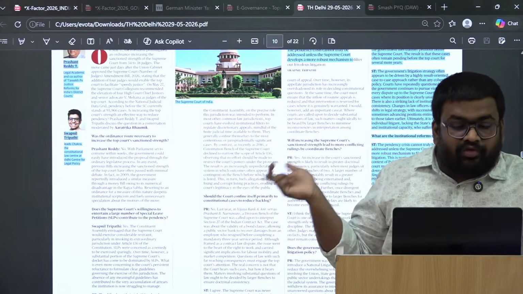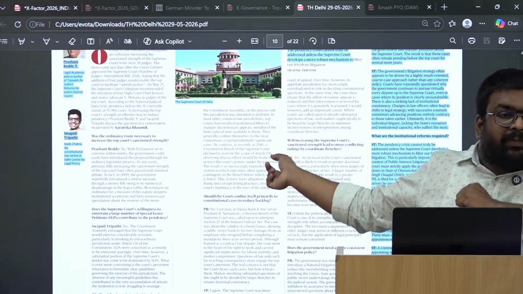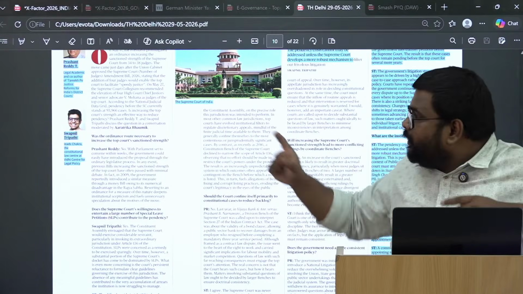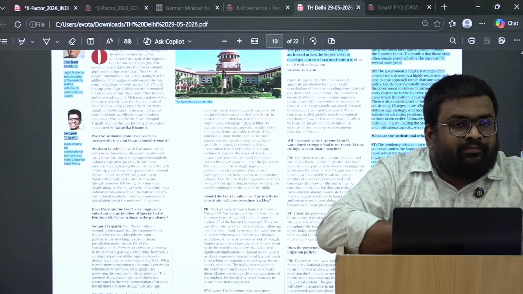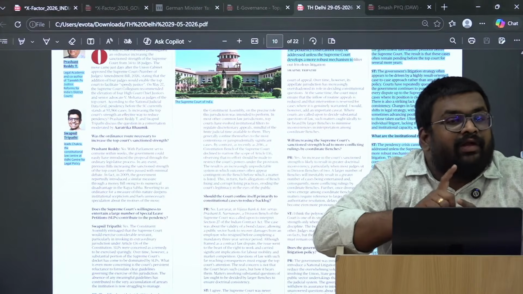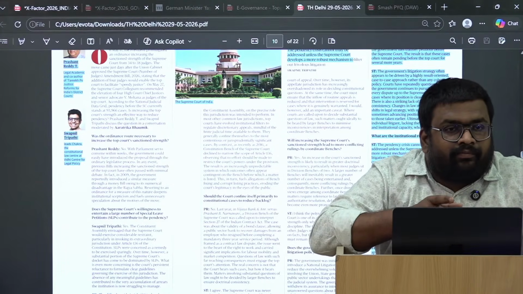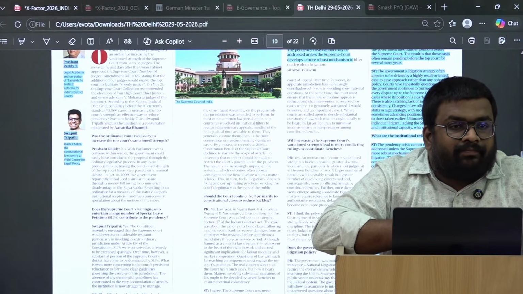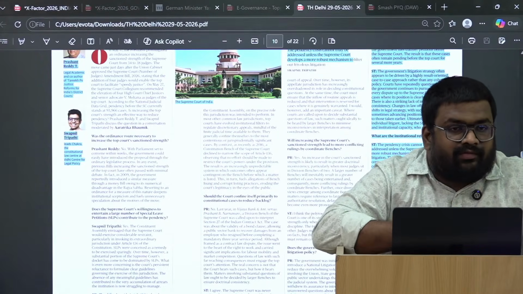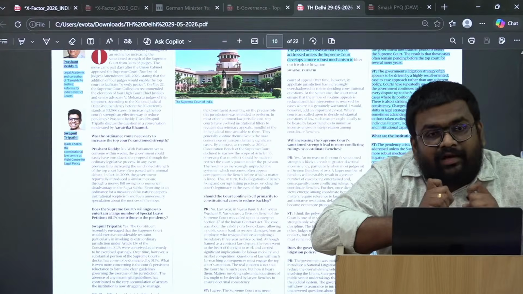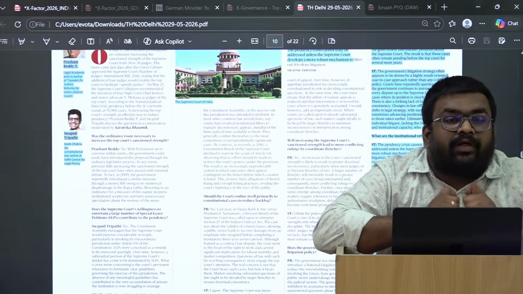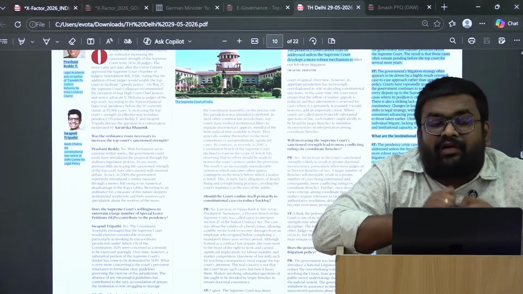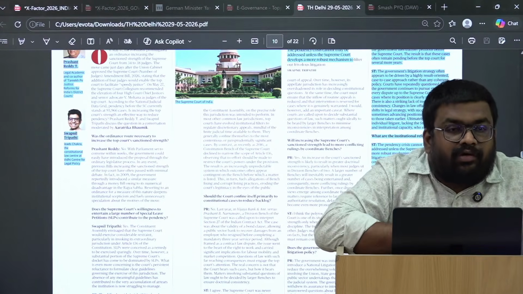Okay, even the newspaper. So from the single day newspaper, I gave you around 5 to 6 examples. One theme is fully covered, but the notes for that theme have not been made randomly. The notes are made in the proper format in which your question is going to come, that is arguments in favor, arguments against. Okay, so that level of sophistication you need to bring into your preparation. That level of exam awareness you need to bring into your preparation.